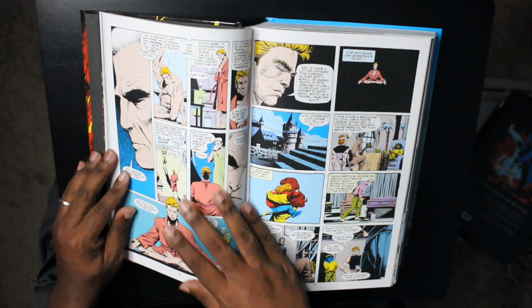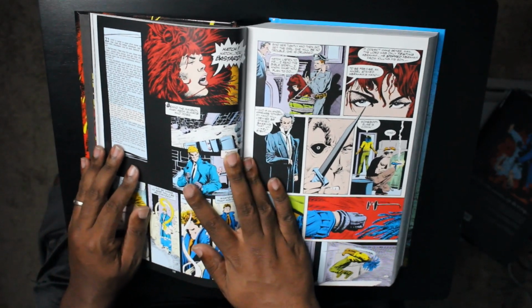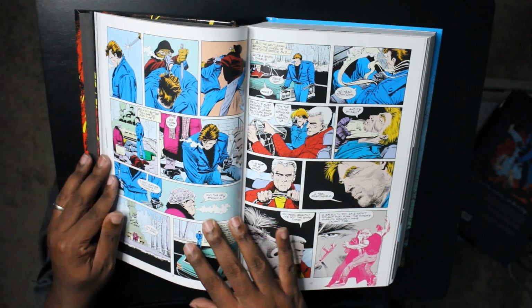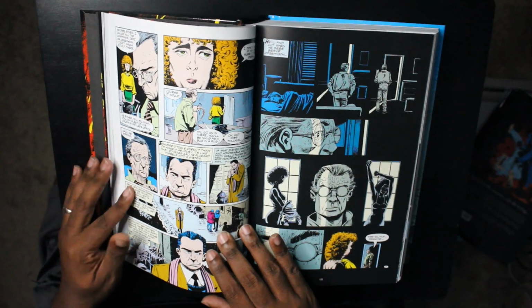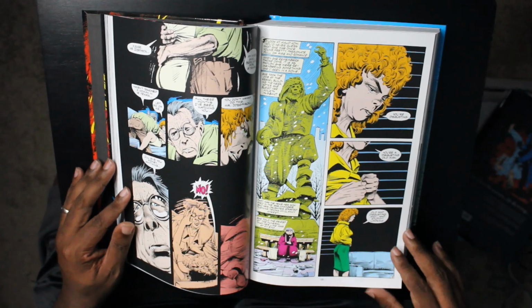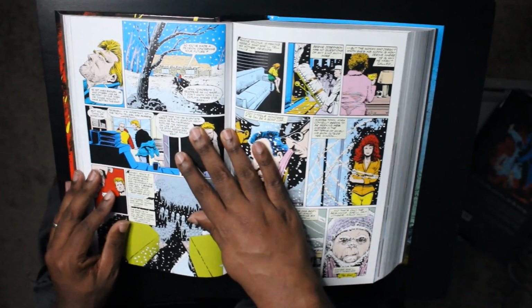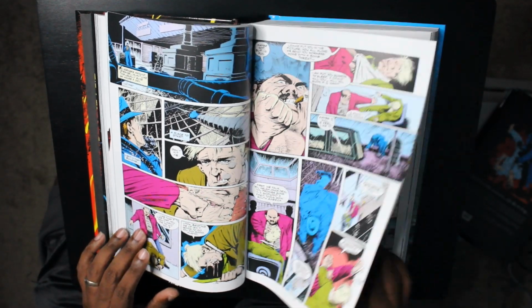I think there is a content warning on this. There was one instance, or I don't know if it's just one instance, but there's definitely one instance where the N-word is used. And if you've ever seen the Malcolm X movie, it's used in the same way that it's used during the card game scene, where Denzel pulls out a gun on that other dude that's in every Spike Lee movie ever. So that was fun to see in here. Fun's probably not the best word, but it was funny to see, because clearly it's a product of its time, and you got both of those slang terms right in the same panel. But anyway,